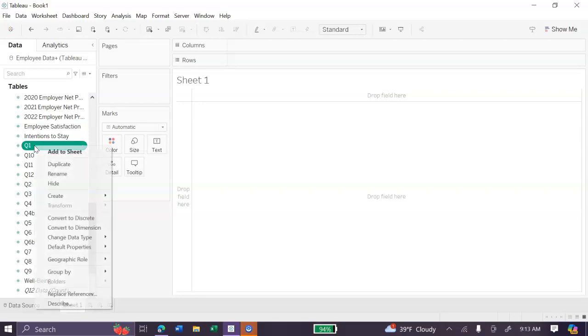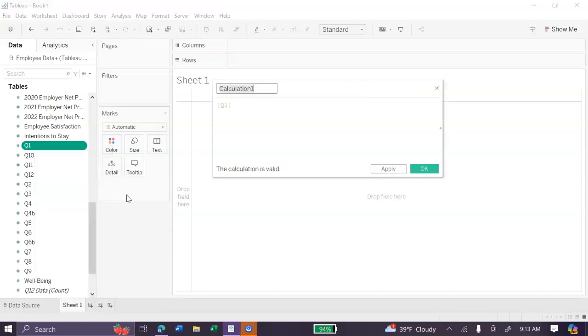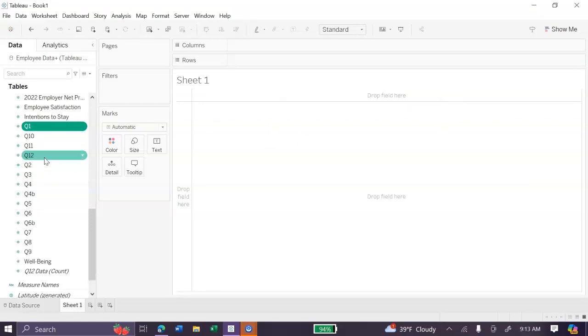You want to right click, click create, and then create calculated field. Now it's going to say the calculation is valid, and you have to pay attention to this, because an error could pop up here. Now I'm going to show you again. Go to the data you'll be using,